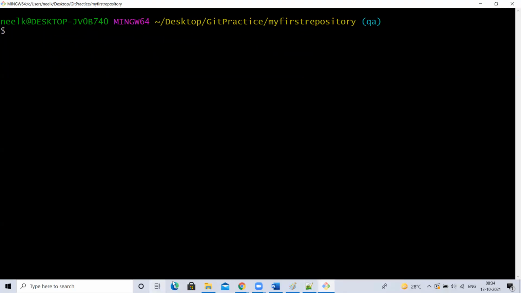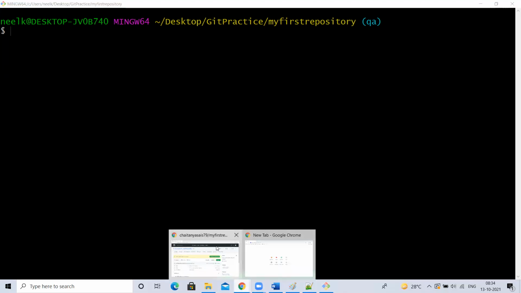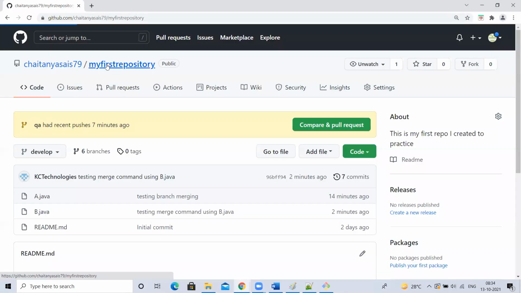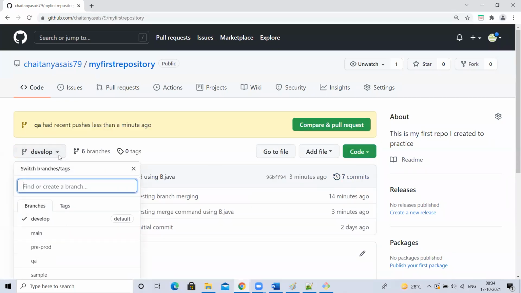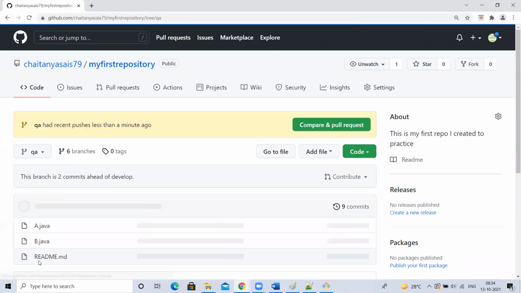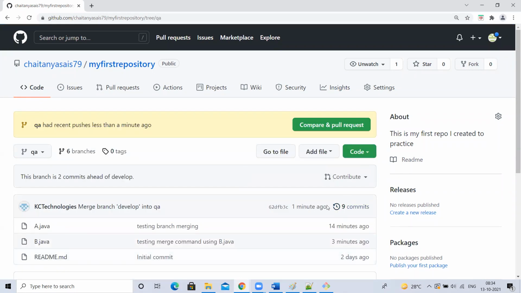Now if I go here, the already committed changes are what we are merging from development to QA, right? In the development branch, I have 7 commits. Here we already had 7. Now if I go to QA, we can see 9. Why? Because now we merged through commands. So the latest commit ID from develop will come here, and as we are merging, one more commit ID will come. So 7 was there, now for the merge 1 and that merge changes commit ID 1, so 2 in total, 7 plus 2, 9.